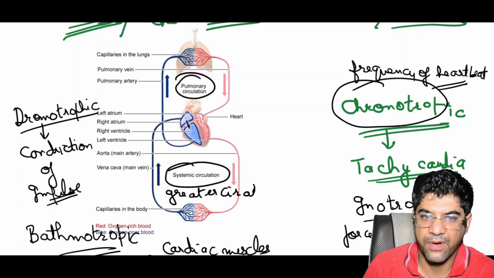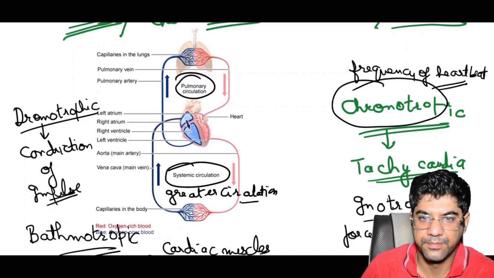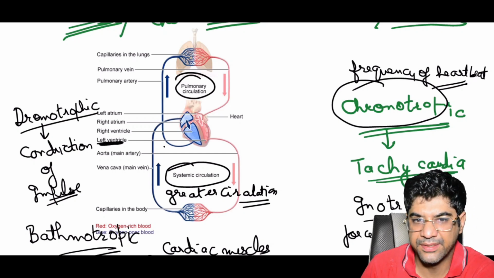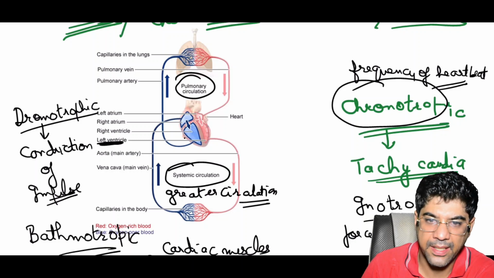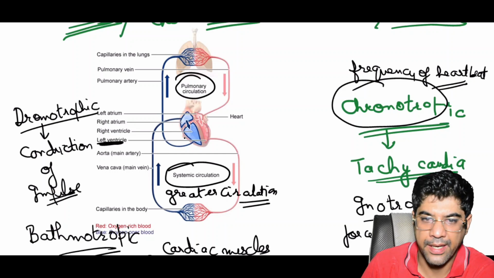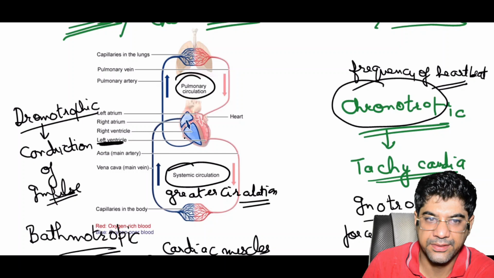The blood is pumped from the left ventricle into the arterial system. It passes through the blood vessels and reaches the tissue. In capillaries, exchange of substances occurs between the blood and the tissue, and after the exchange, blood enters into the venous system and it returns to the right atrium